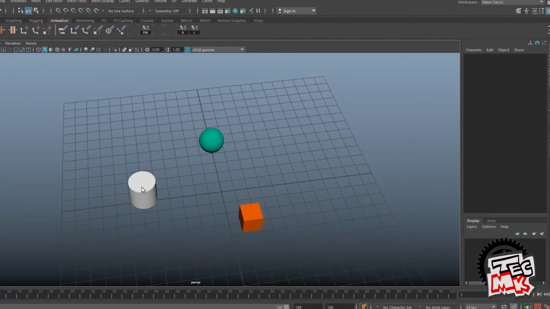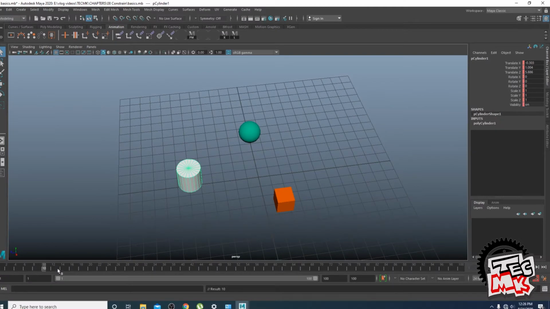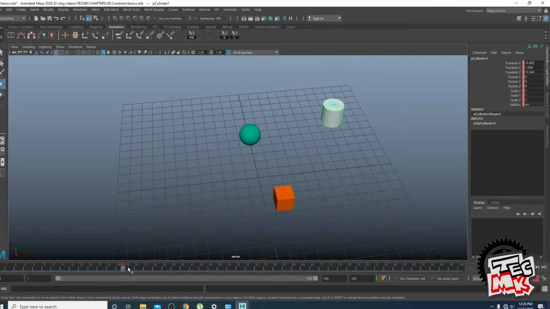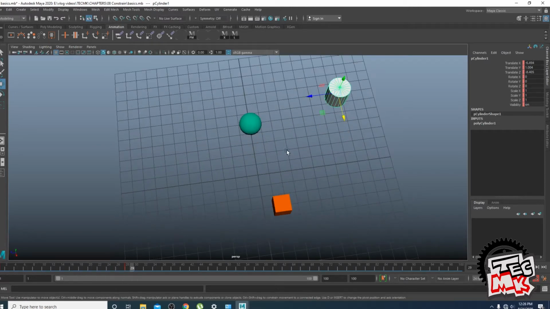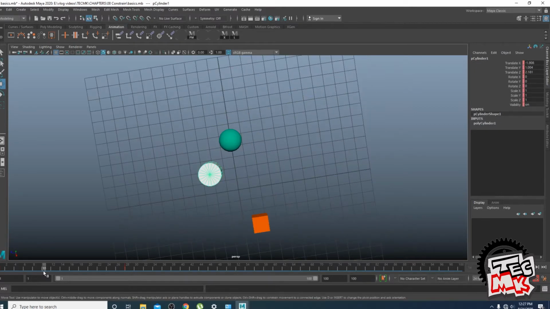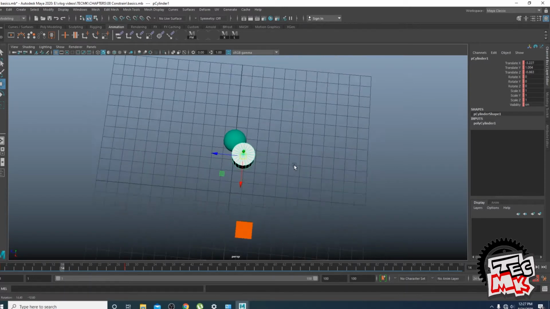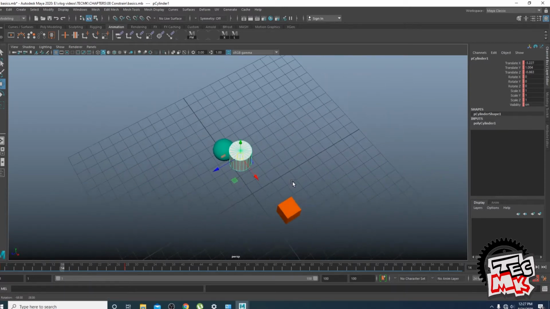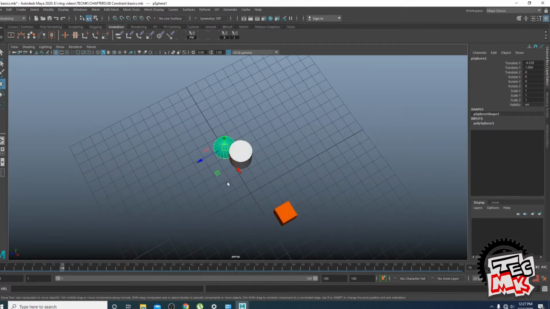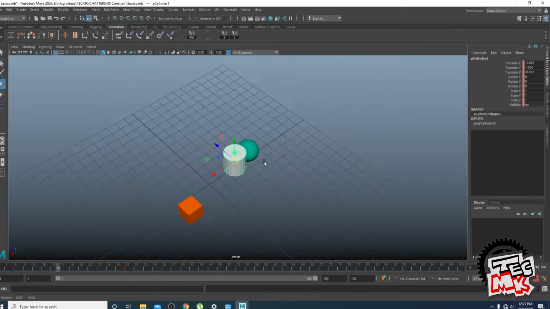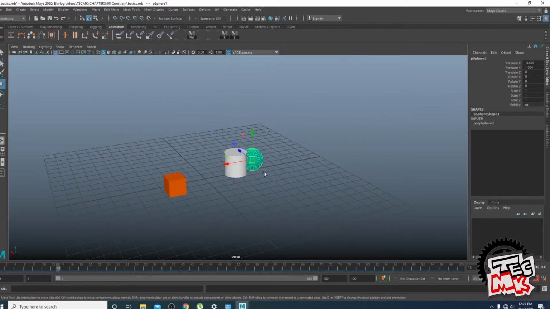In this file, we have taken a cylinder, a sphere and a cube. Let's make a key in the cylinder and move it some 25 frames from here to here. While the cylinder is passing by the side of the sphere, it will take the sphere along with it to wherever it is going. You can also do it at 10, you can also do it at 20, but 14 seems to be visually the nearest place for the cylinder to get attached to the sphere. Till 13, this cylinder does not have any relationship with the sphere.